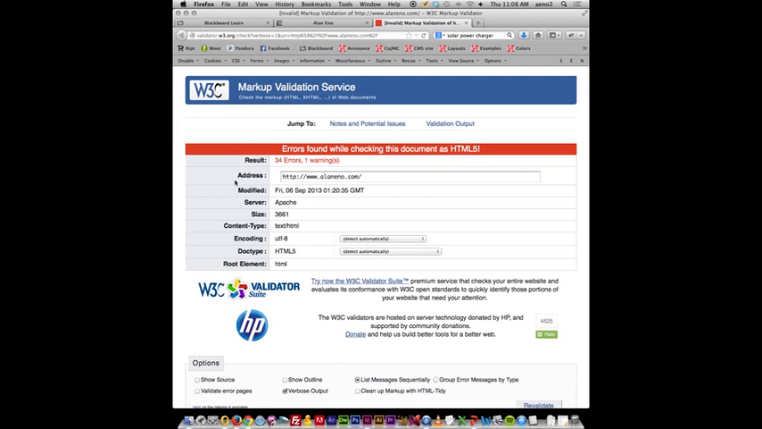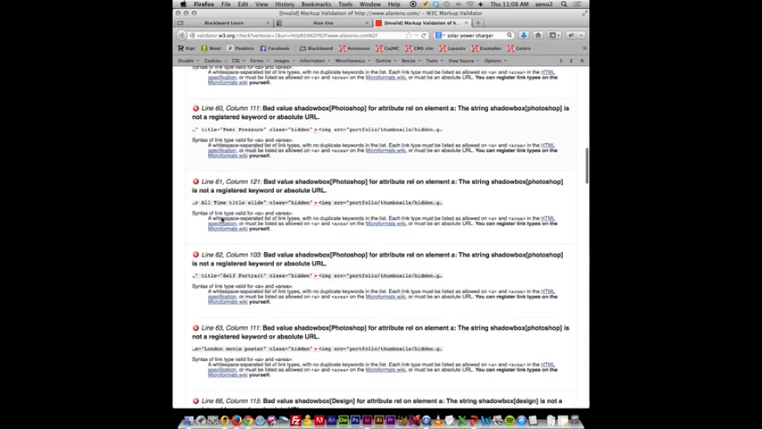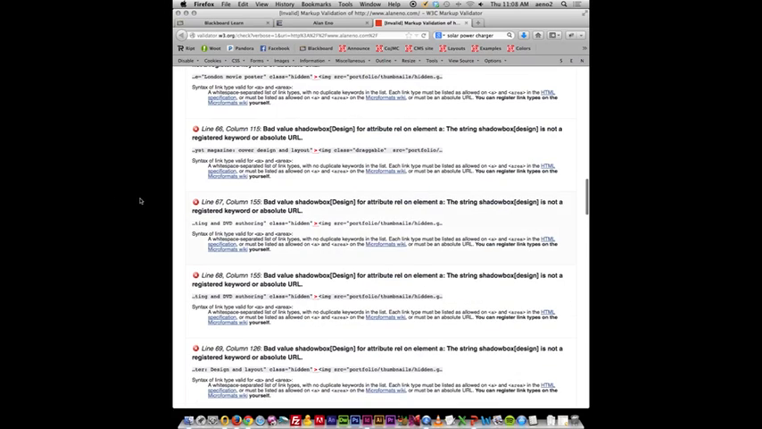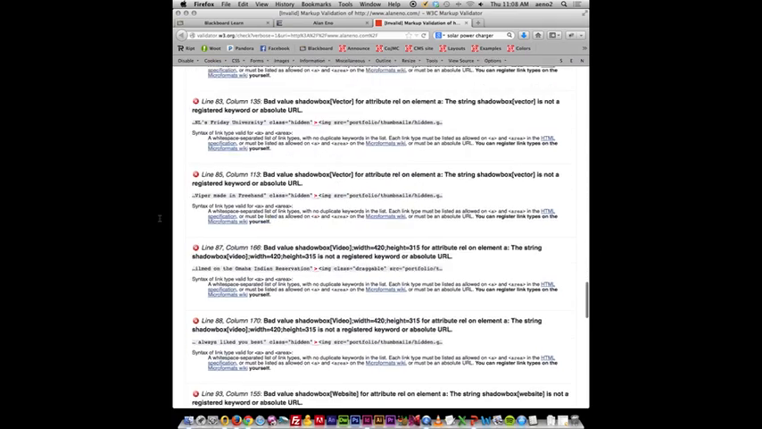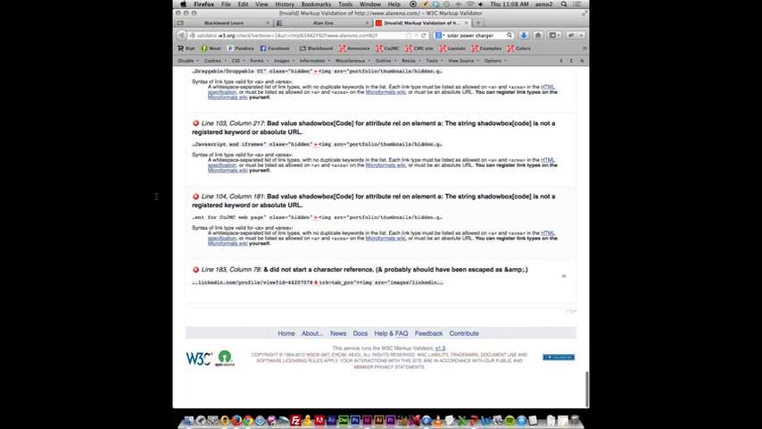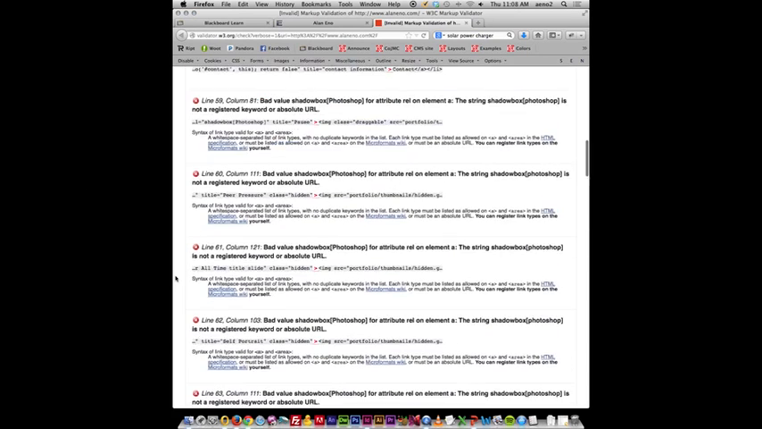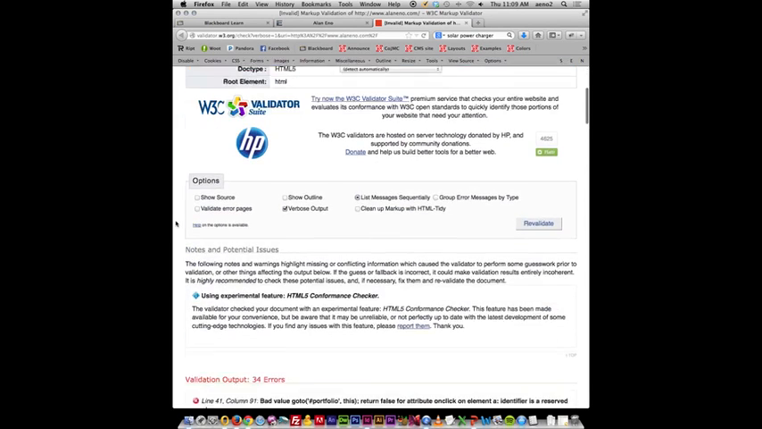And we have 34 errors. They're all of the exact same error: bad value shadow box. It does not like the shadow box, and so it gives me an error every time it sees that value. It gives me one error, and this is a goofy one. Anyway, it tells me now I have 34 errors within this HTML document,